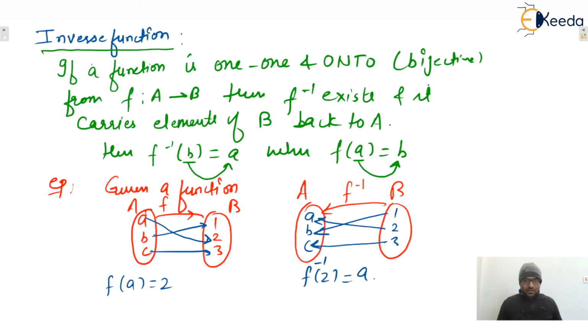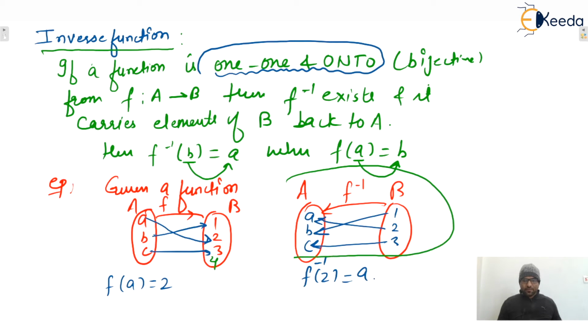Why is this function required to be 1 to 1 and onto? Because if it is not onto, let's say it is an into function, so one more element is present, let's say 4 is present. Then if you inverse this function, in set B one element will remain unmapped, and that is not a valid function. That's why it is required to be an onto function.